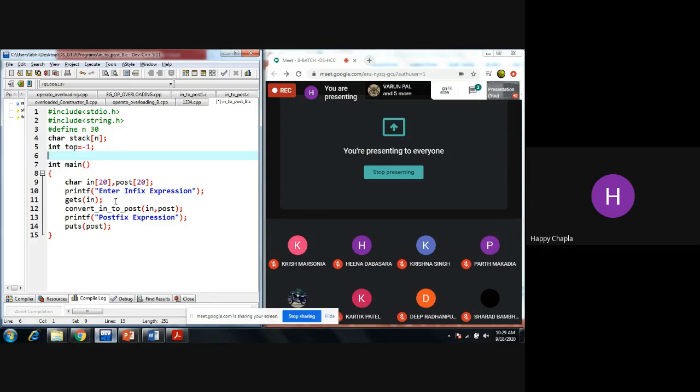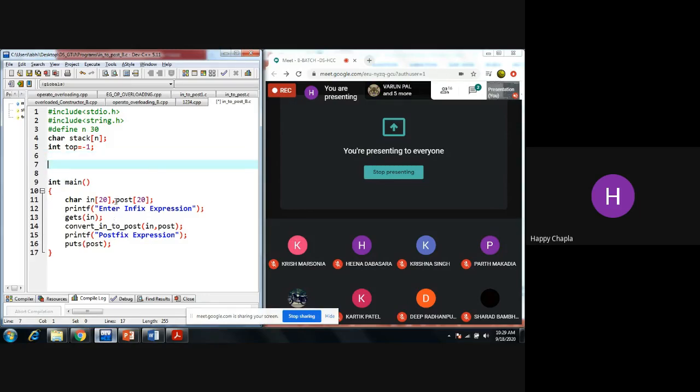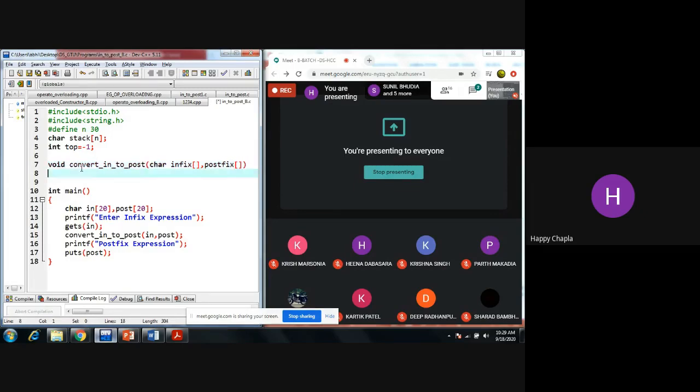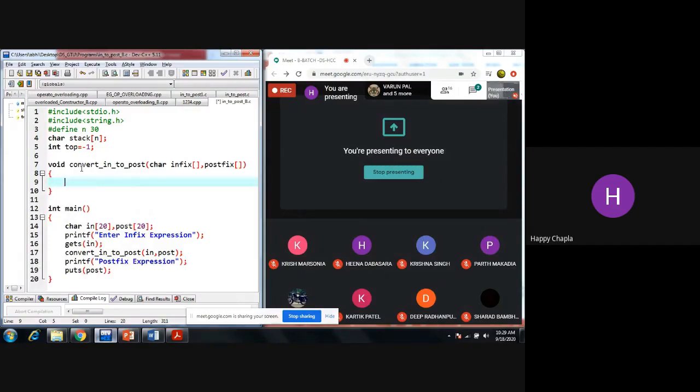That function name is void convert infix to postfix, with character type infix, comma. So inside this, first of all, what we have to do,